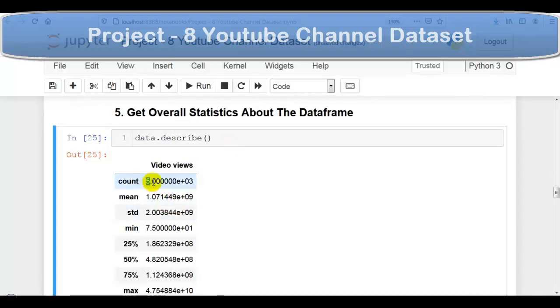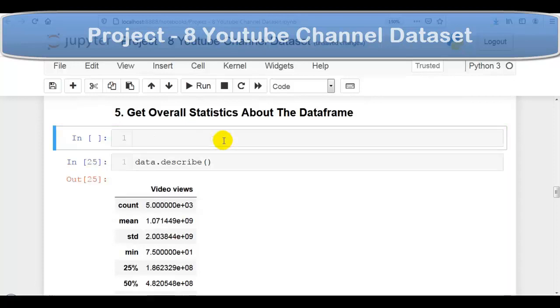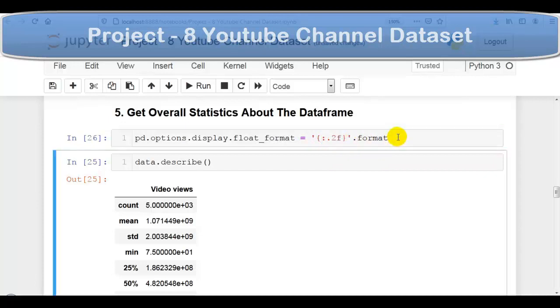But as you can see, it is displaying these values in exponential format. Now let's convert it into decimal format so we can read it properly. Let me add one cell above and write pd, which is pointing to our pandas, and we have to use .options.display.float_format equal to the format string with .2f, so we want two decimal values after the period. That's why here I have mentioned .2f. Let me execute this cell. Let me execute this cell once again. As you can see over here. So this way we can get overall statistics about the DataFrame or data set.